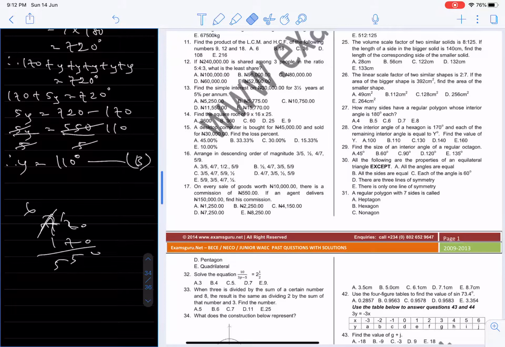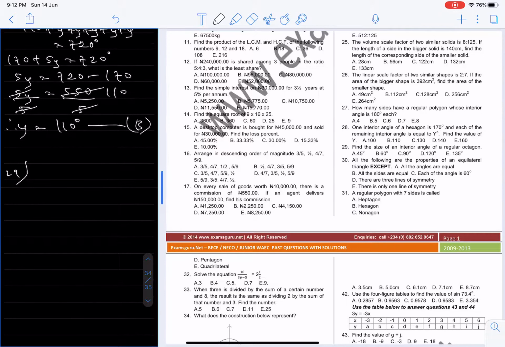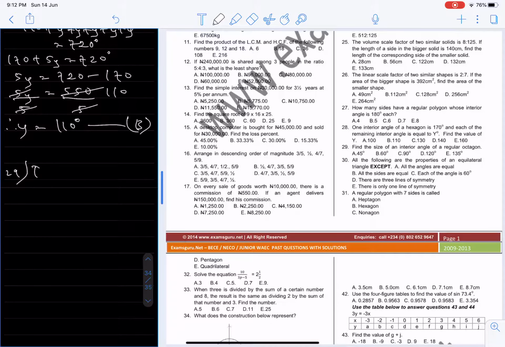Down to number 30 very quickly. Number 30. No, number 29. Find the size of an interior angle of a regular octagon. Size of an interior angle, regular octagon. I can just say each interior angle,